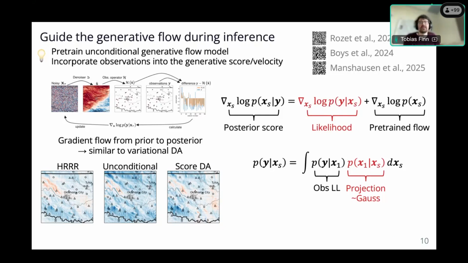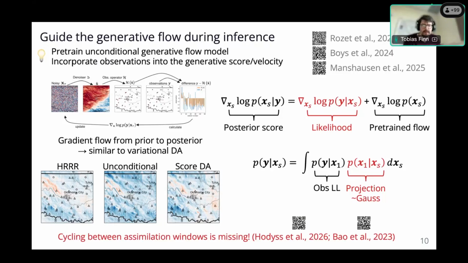And what is often done, and which is a classical approach in data assimilation, is to make a Gaussian assumption, but this can be pretty expensive, and the Gaussian assumption might not be valid, especially if we are at high noise levels. Then the projected data might not be Gaussian distributed at all.